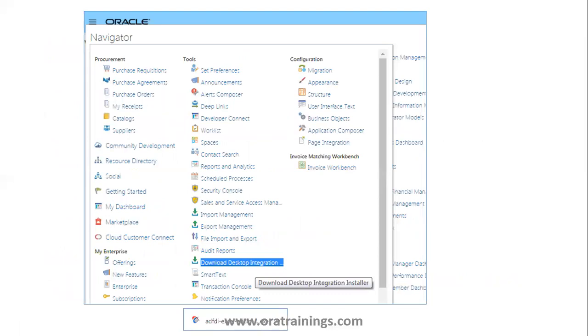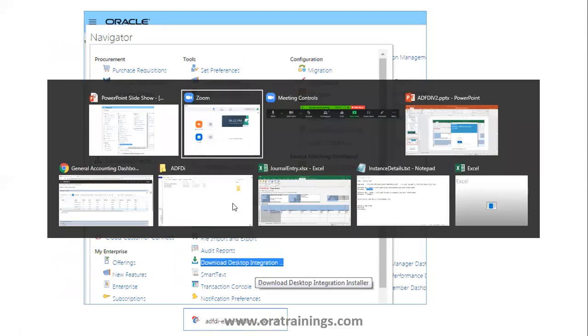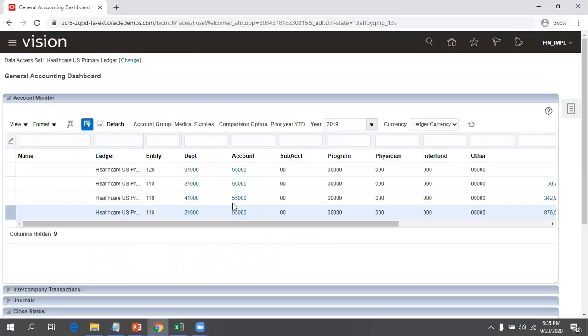Now assume that you downloaded the software and performed the installation. What is the next step? In my case, I want to perform a general import. The first step is to go to my Fusion instance. Here I'm in general import, I'll just navigate from the home again.